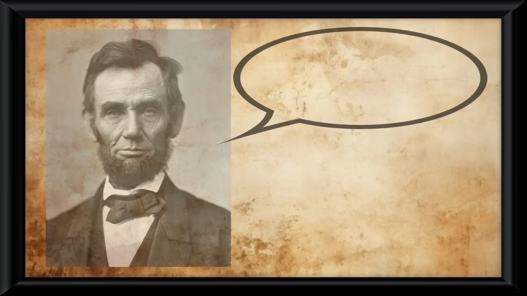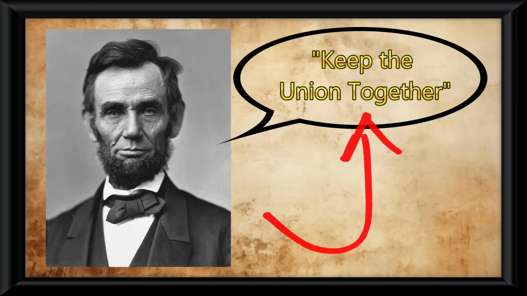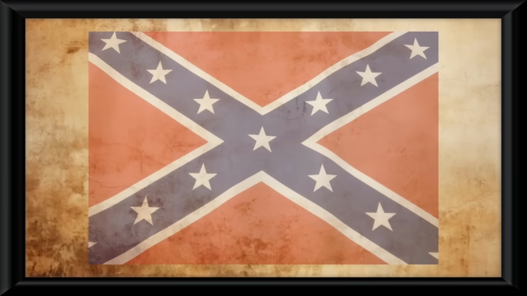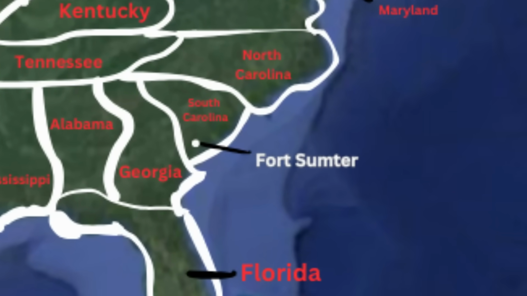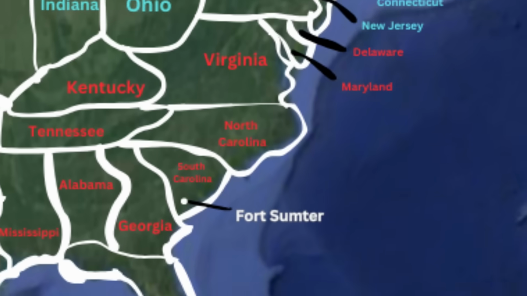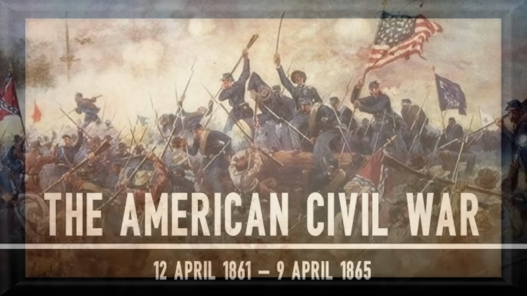Lincoln ran on a campaign that had at its forefront to keep the Union together. He promised not to invade the South unless it was necessary to fulfill that. In April, the Confederates decided to enact the final straw and fired at Fort Sumter, a U.S. military base in South Carolina. Lincoln called for troops to put down the rebellion, and just like that, Civil War had begun.